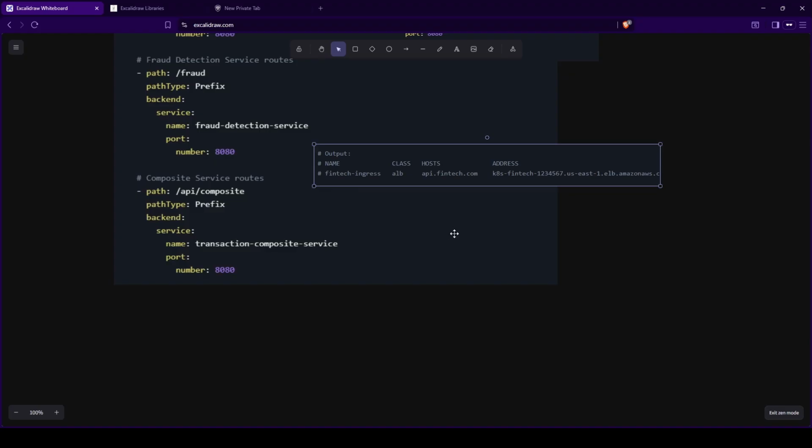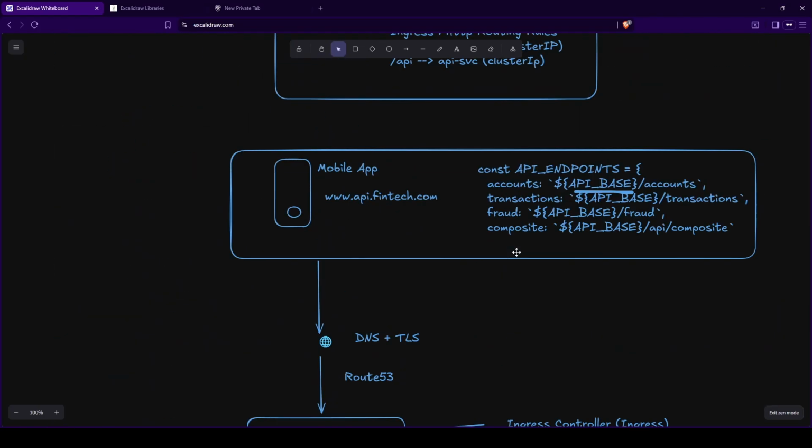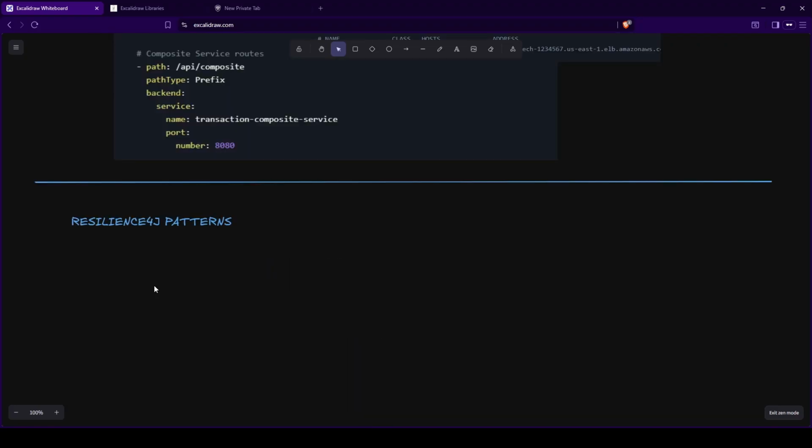And why I have spent this much time just to understand the ingress is because this is where many application developers or many architects somewhere get into a problematic area: how exactly to architect this sort of microservices. So that is why I wanted you to understand with a load balancer and with Kubernetes how exactly the modern microservices architecture works. So now that we have optimized our infrastructure, let's talk about the resiliency